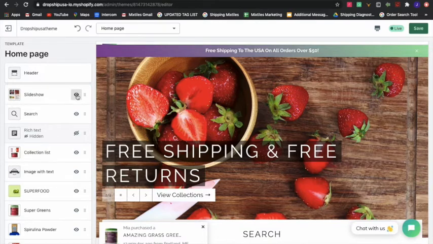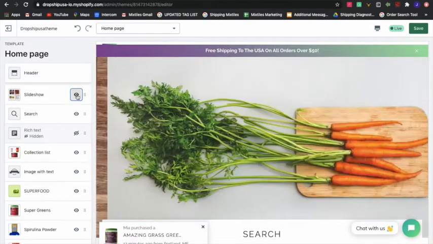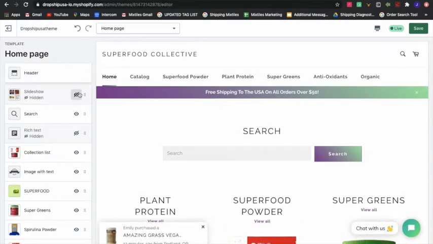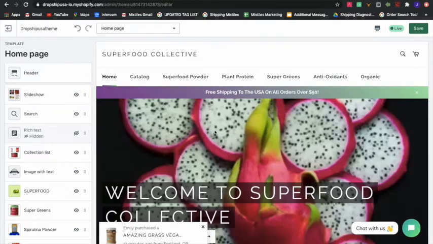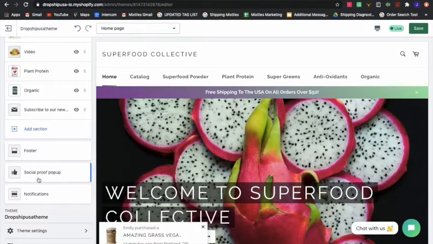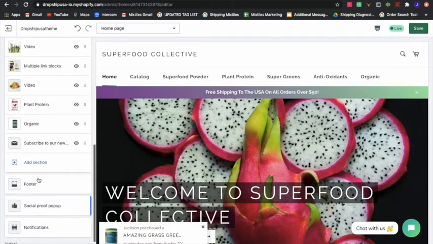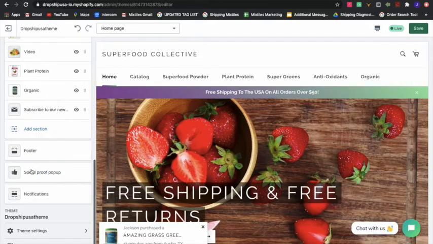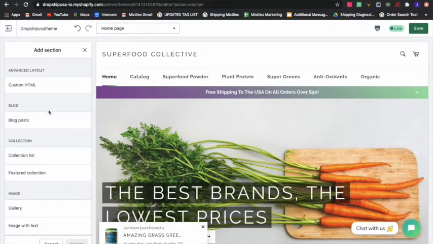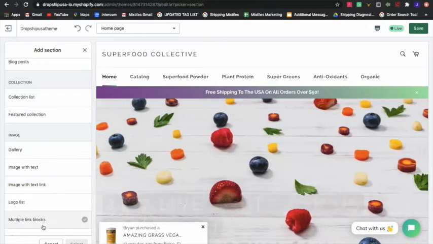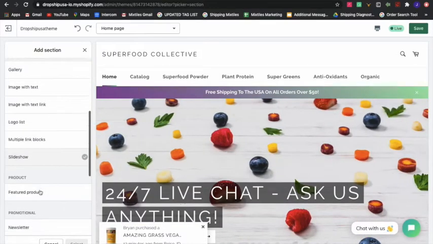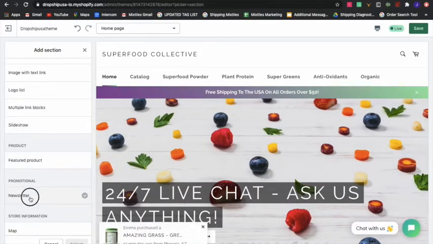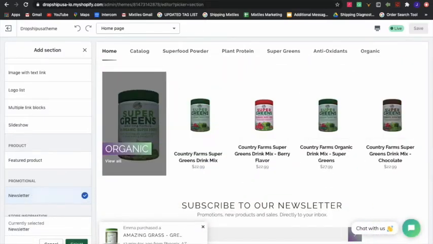This little eyeball, if you were to click this eyeball, it makes that section hidden. So if you don't want something to be on the user-facing end, you can just click that eyeball or unclick it to bring it back. Super easy. So if you guys want to add anything to your page, let's say you want to add a newsletter. So we're going to click Add Section here, and it pulls up all the template preloaded sections in here for you. You just scroll down to what it is that you'd like to add. For us, we want to add a newsletter here, so we're going to click on Newsletter, click Select,